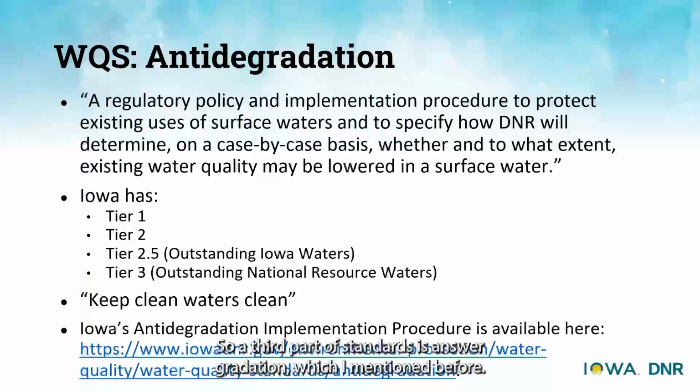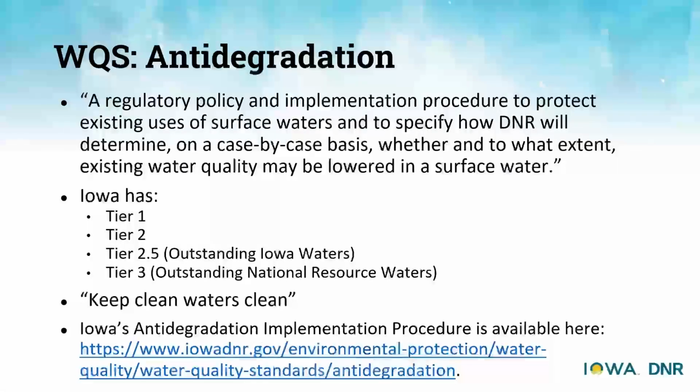So third part of standards is anti-degradation, which I mentioned before. It's a way of keeping clean waters clean. The official definition is a regulatory policy and implementation procedure to protect existing uses of surface waters and to specify how DNR will determine on a case-by-case basis whether and to what extent existing water quality may be lowered in a surface water. So Iowa has 4 tiers: tier 1, tier 2 and a half, which has outstanding Iowa waters,